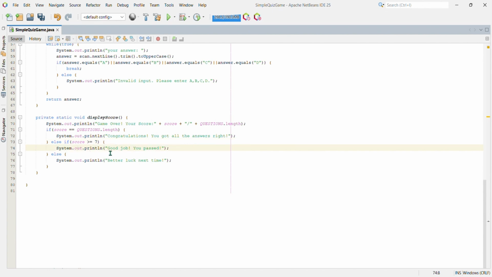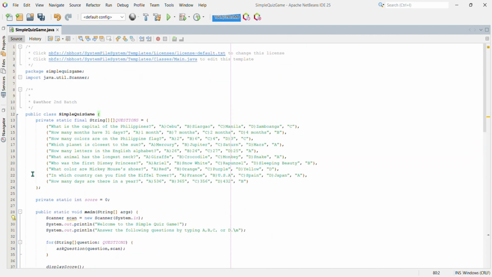If the player's score is 7 or greater, this line prints a message saying, "Good job, you pass." This line executes if the player's score is less than 7. This line prints a message saying, "Better luck next time." This line closes the if-else block, and this line closes the displayScore method. This line closes the simple quiz game class declaration.